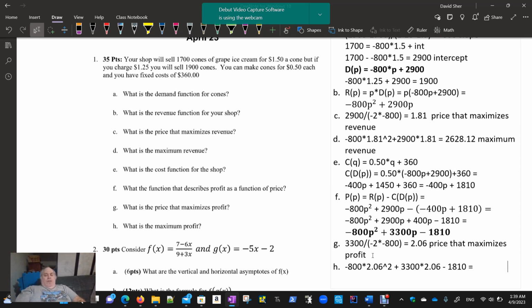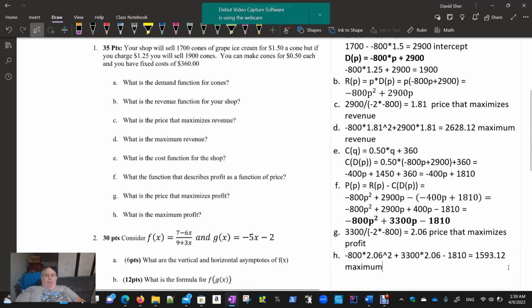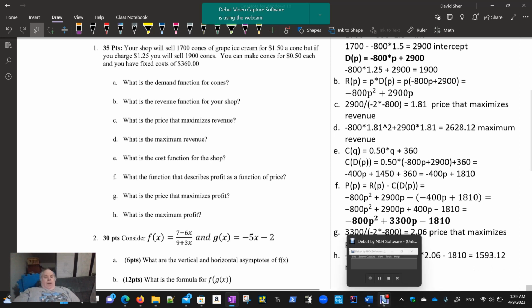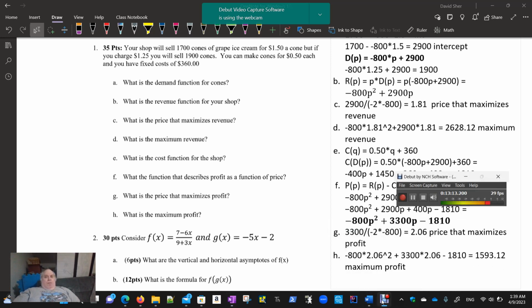And if I did this right, it gives me a maximum profit that's less than the maximum revenue. It's less than that guy. So that's going to be the maximum profit. And that is the answer to this part. So I'm going to